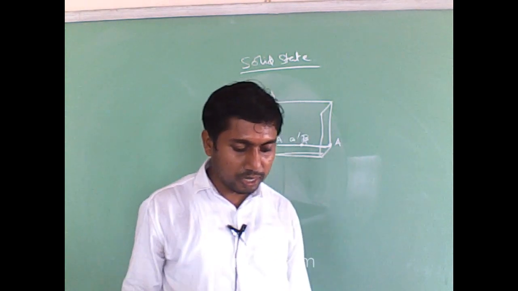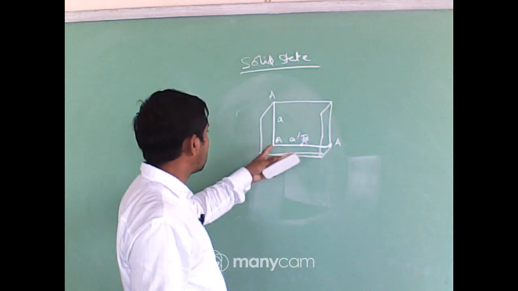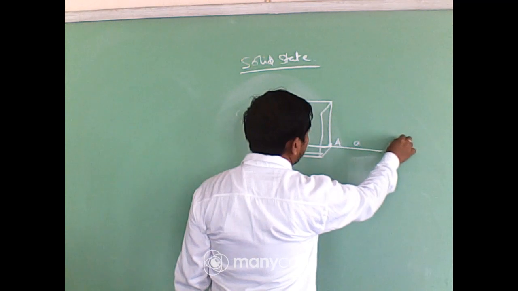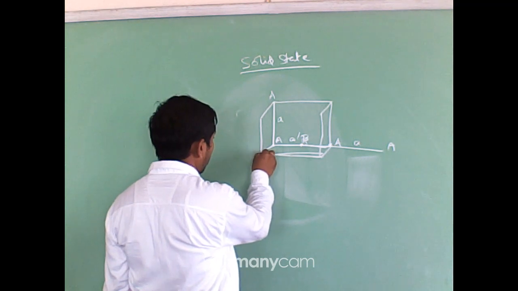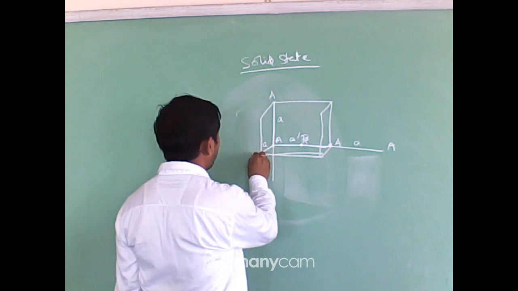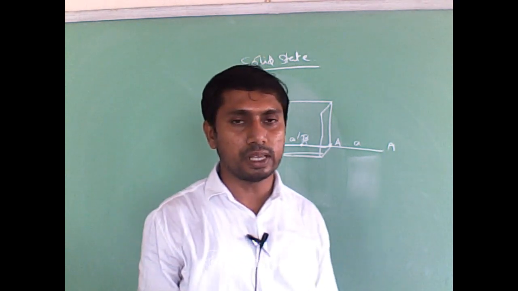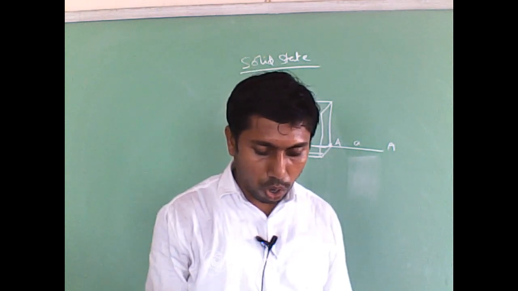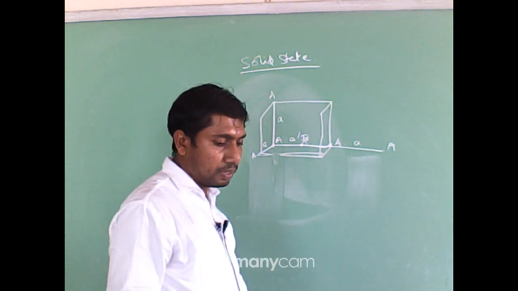Okay, now order in the arrangement of constituent particles: long range order. That means I am speaking about this. Suppose we travel another distance from this point A, we will meet the same point A again. In the same way, when we move a distance along another axis, if we travel A, we get A. When the uniformity in the distribution of the same point is observed through a long distance or throughout the crystal, it is called long range order, which is followed in the crystalline solid. Okay, now next one, classification of crystalline solids.